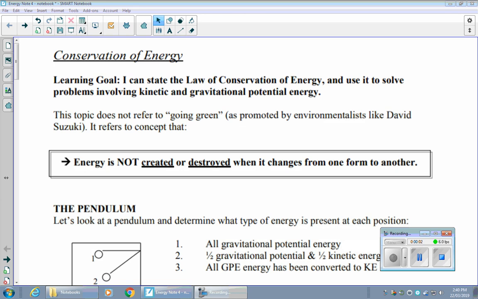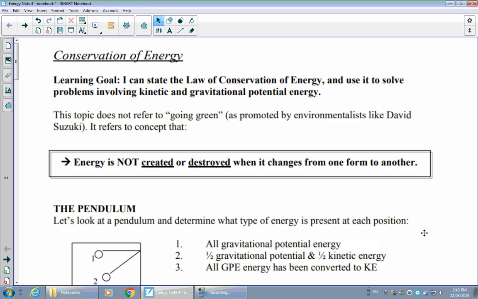We've talked a lot in this unit so far about how energy can transform from one form to another. And it's really important to also keep in mind another concept related to energy called the conservation of energy when that occurs. And when we say conservation of energy in physics, we don't mean just trying to conserve our electrical energy or going green or any of that kind of thing that environmentalists might promote. We just mean that it's a special law in physics that when we are converting from one form of energy to another, that energy is never created or destroyed when it's changing from that form to another.